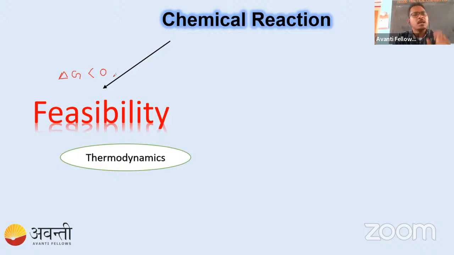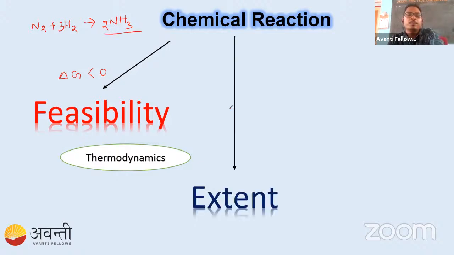After that, suppose we take N2, which reacts with hydrogen, and this will give us NH3. We know it will proceed, it's possible. How do we balance this? We have 2 nitrogen, so put 2 here. Now we have 6 hydrogen, so put 3 here. It's balanced. So now we know this is possible. If possible, can we tell how much ammonia it will give us? Yes, we can, if we study the chapter on equilibrium.